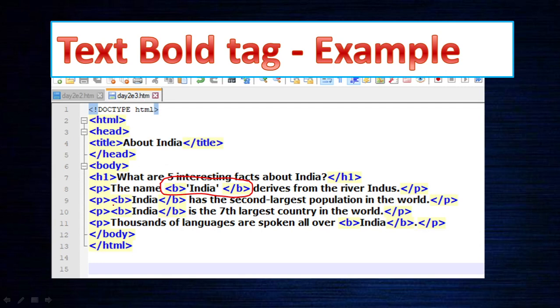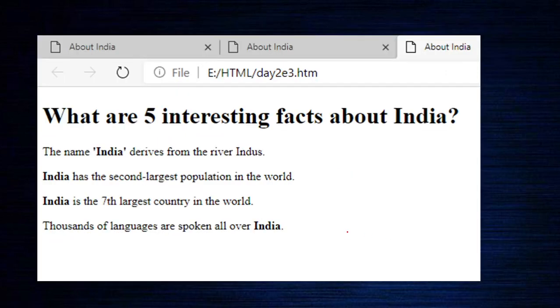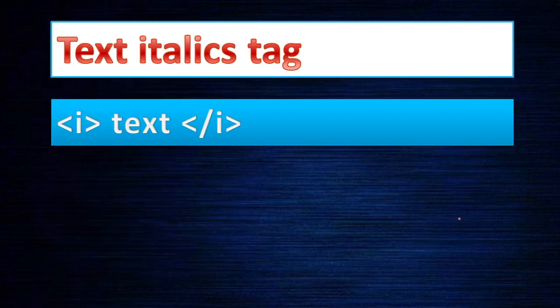Now again here is India, so this is B, and then implement the B here. You can observe now you are using the paragraph only, and here you can see B, and here also B. Now what will happen? Wherever India appears, you can see that it is in bold characters. Therefore when you use the B tag, whatever text comes will be made bold, then close the tag with slash B.